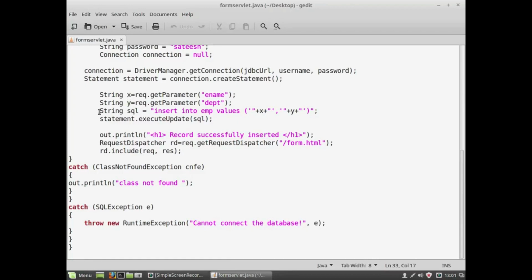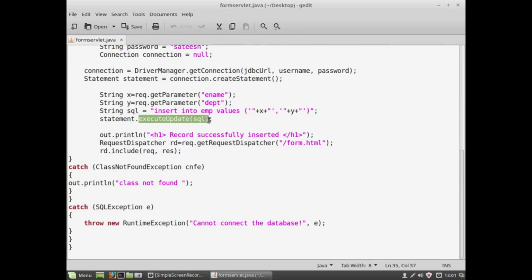Okay. Now we are going to create an SQL statement. I am trying to insert these two values: insert into employee, the table name. Imagine that the table named emp is already available in MySQL, and we are trying to insert these two values, x as well as y. Once after creating this SQL, this string SQL will be passed to a method called executeUpdate. We need to execute this SQL statement by calling a method called executeUpdate.